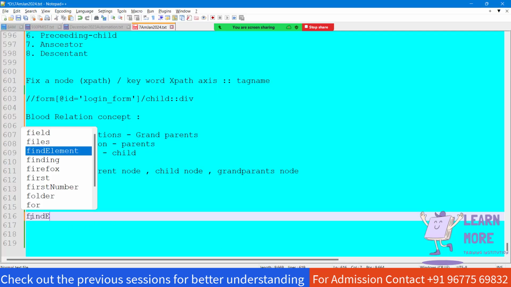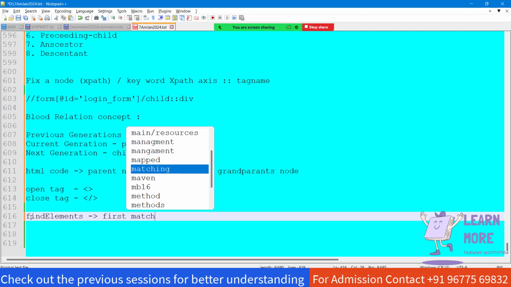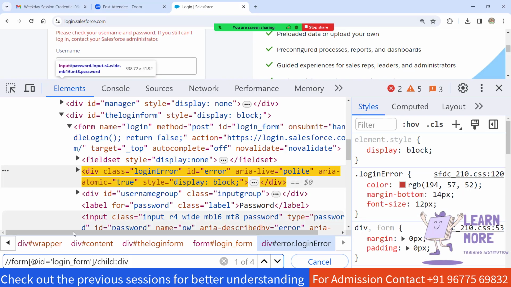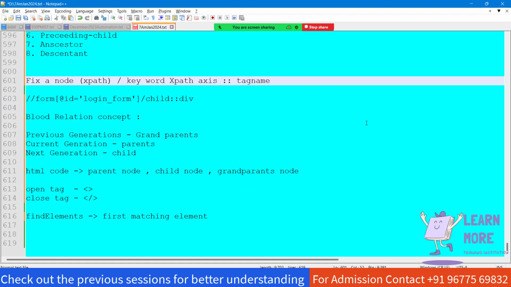So the find element always picks the first matching element. Okay, it will always pick the first matching element. But if you are not satisfied and you always need one of one result, then what you can do is add further conditions along with it. Suppose you can add the XPath syntax,